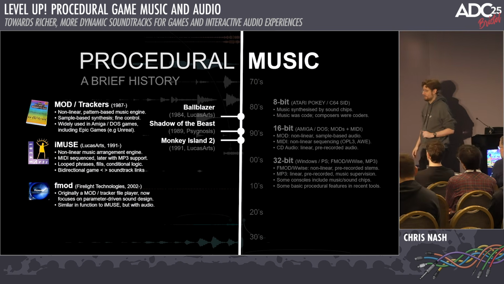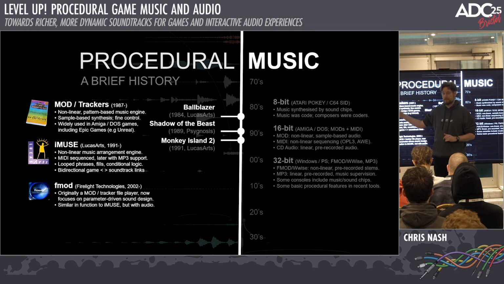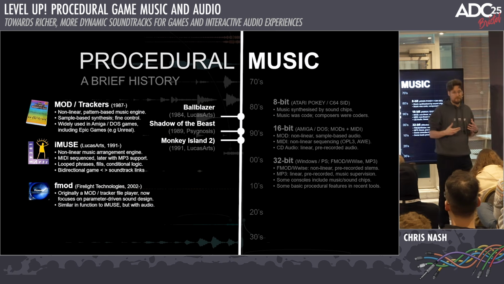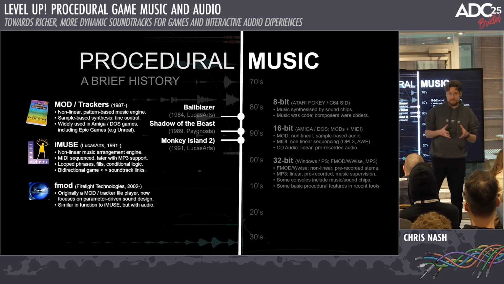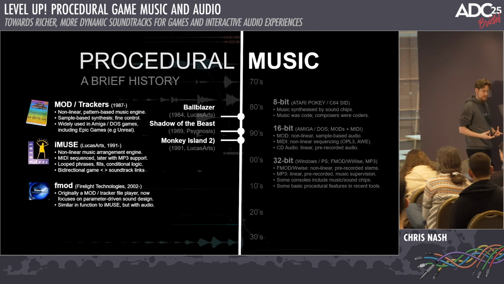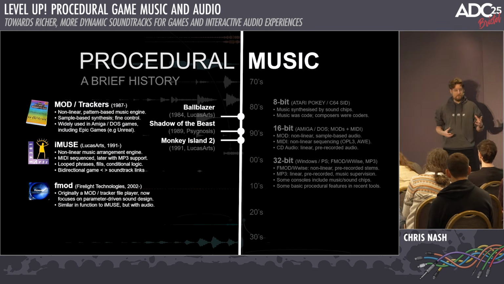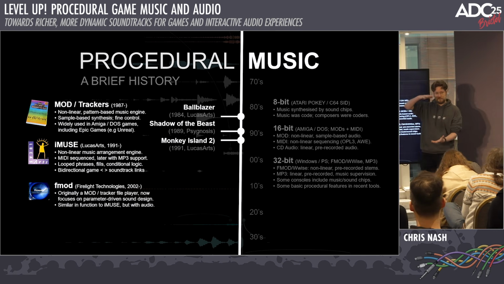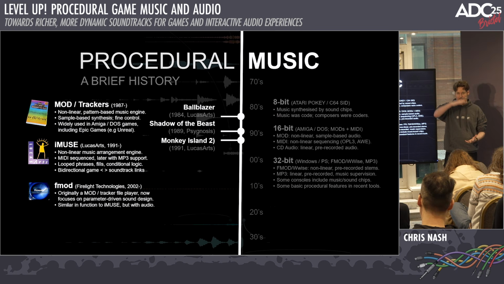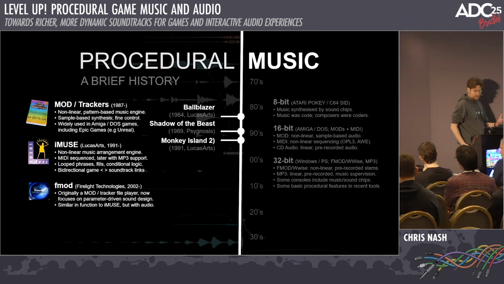And a little known fact, the mod in Fmod is this. It's actually a mod file from a tracker, because the first version of Fmod, it stands for Firelight Mod Player. It was literally just a software player to play tracker files. And a few years later, it started to become the middleware for games. And there was a way of using it so that you could still use tracker files, because they, already on the Amiga, had established that the tracker files were based on patterns. So you play one pattern and you could choose the order of the patterns and which one follows which, as it plays. So it was really great for adapting to games.